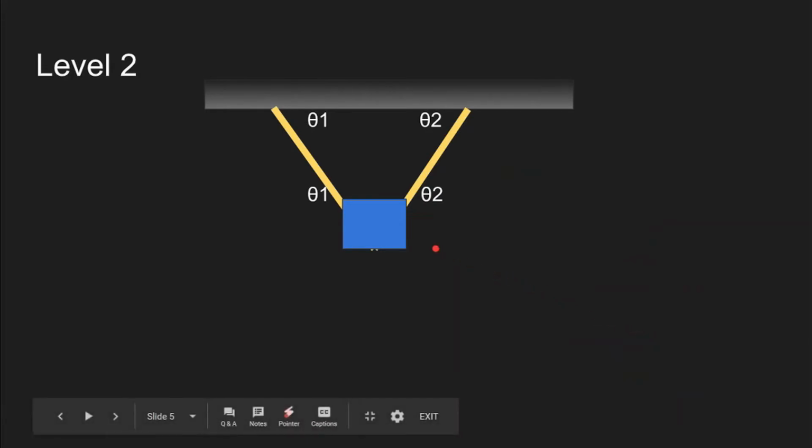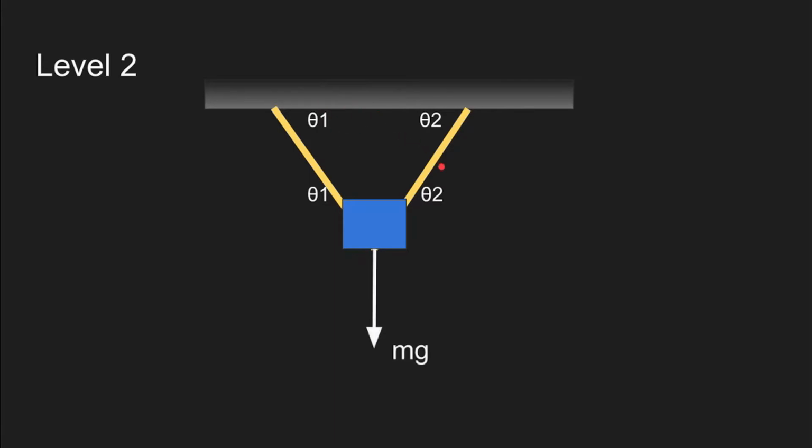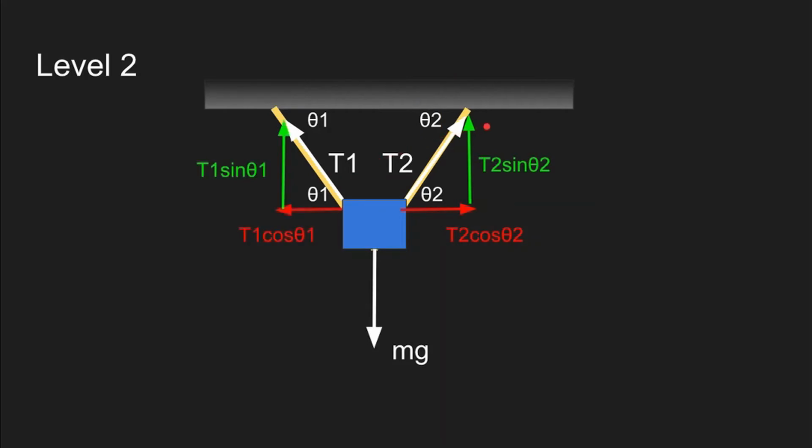Alright, moving on. This is also a level 2, according to me. Now we have two tensions applied, and if you're given this, it's theta 1, theta 2. Wow, I really didn't do this well. Okay, theta 1, theta 2. We're going to add mg first, as we always do, and then we're going to add the T1 and the T2, as we always do. Since they're at diagonals, we can split them up into components, because physicists like to do that. And since we're given theta 1, we have to make sure this is T1 sine theta 1, and since it's theta 2, T2 sine theta 2,